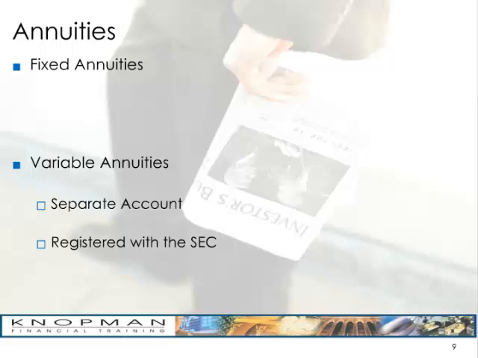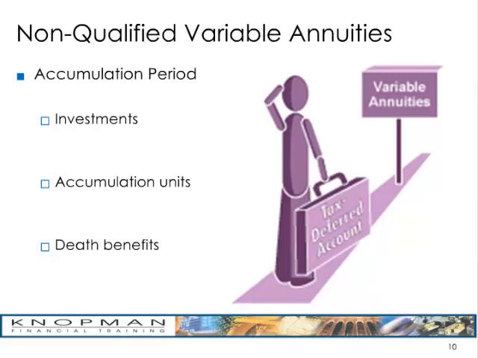And who has the risk in the separate account? The investors in the plan. The owners of the plan take on the risk of the separate account, because that separate account that manages the annuities will generally be invested in securities. So therefore that separate account is going to have to assume risk. Because variable annuities are securities, we're going to spend our time in this lecture talking about variable annuities as opposed to fixed annuities.